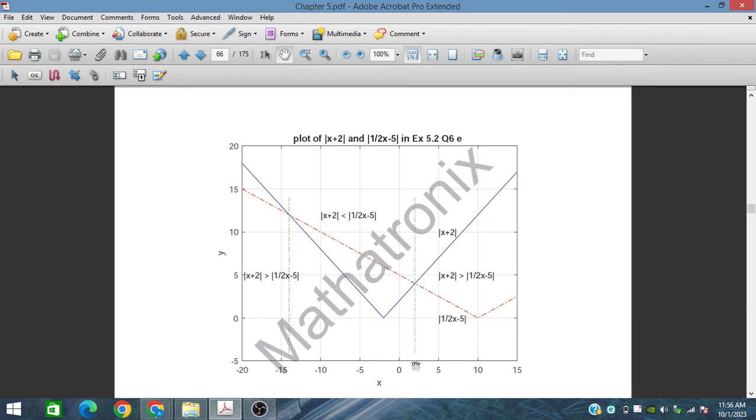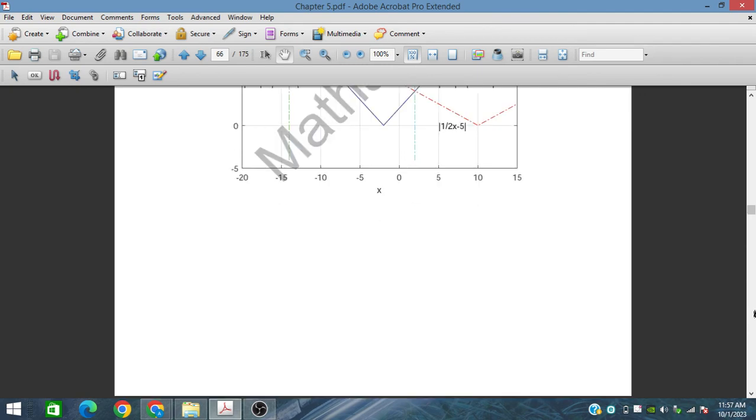Here we have this plus 2 point. So in this region, from here to here in this band, this red line, which is |half x - 5|, is greater. In this region, this red curve is greater than this blue curve. So we have to find this one. So this is the right answer. In the next session, we will discuss